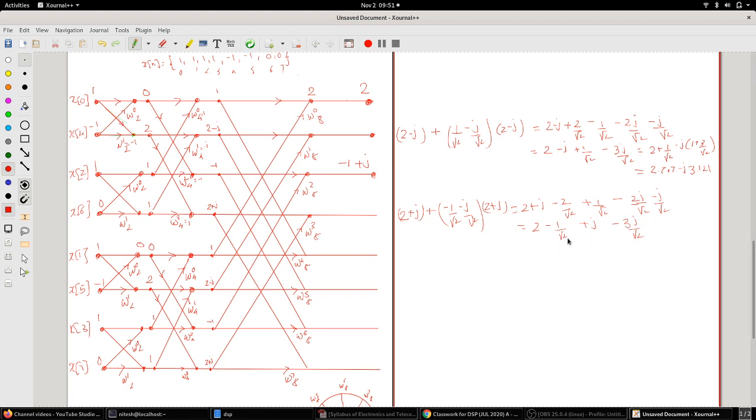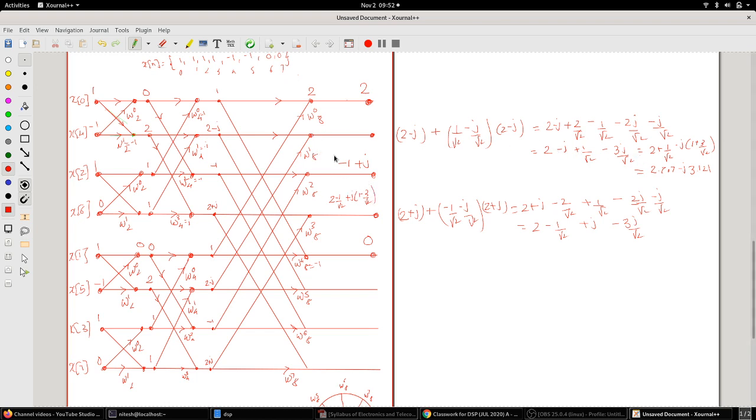So you can factorize this further. So this is what you will get. You can just use your calculators and get this further factorized. Now here at this particular point, there is 1 coming here and there is 1 coming from here. So 1 minus 1, this is a minus 1, right? So 1 minus 1, this will be a 0. Okay, so here I just write here 2 minus 1 upon root 2 plus j into 1 minus 3 upon root 2. This is what you get.